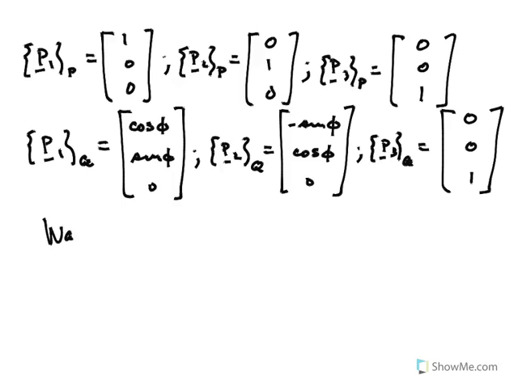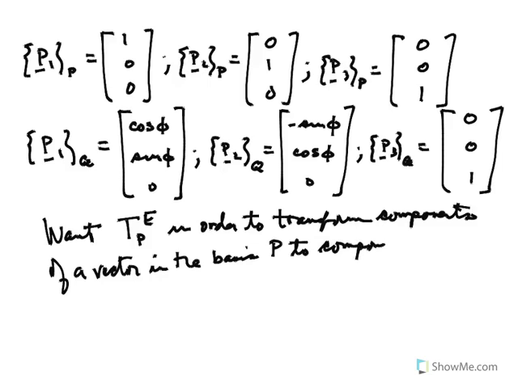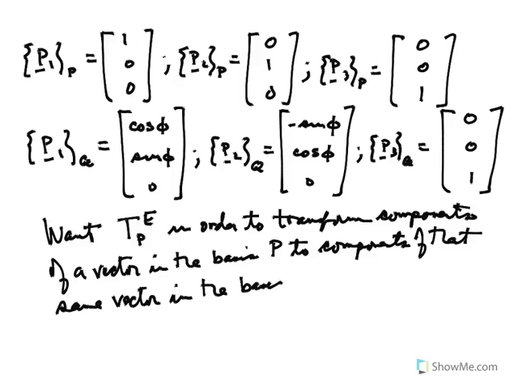So we want the transformation from P to E in order to transform components of a vector in the basis P to components of that same vector in the basis E. So the process actually works as follows, is that we know that a vector B expressed